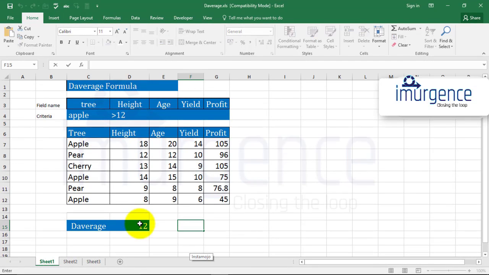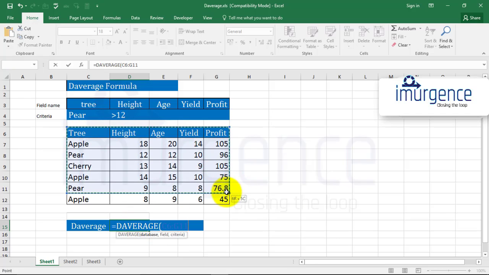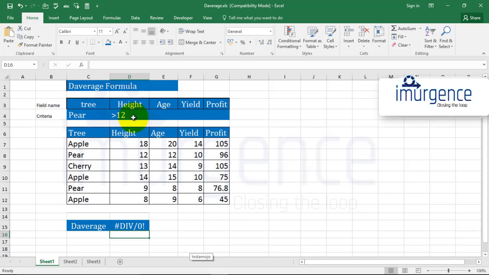So we will try to find out the average of trees of, say, pear trees where their height is greater than 12. All right, so we would now type in the formula, the average, select the database, comma, field. Since we are talking about height, we will select the field as height, and the criteria would be this one. Select it, press